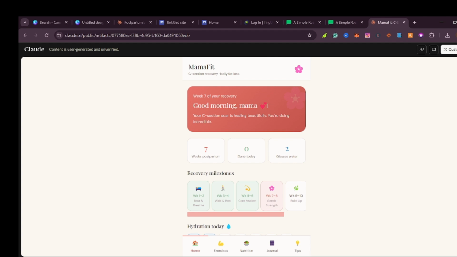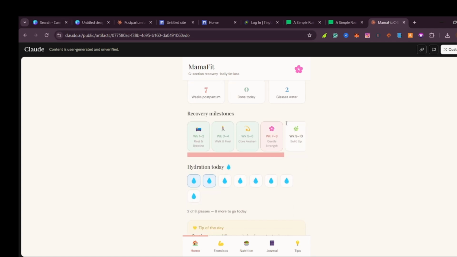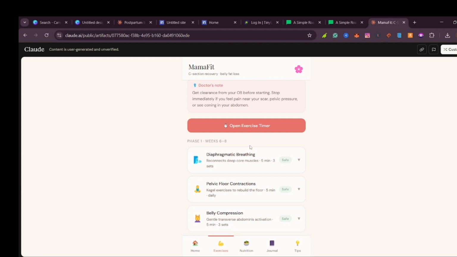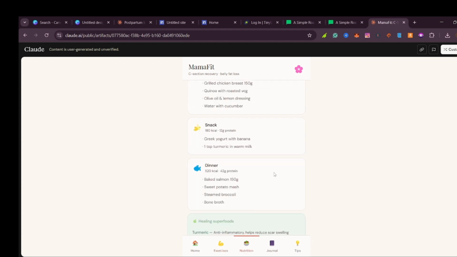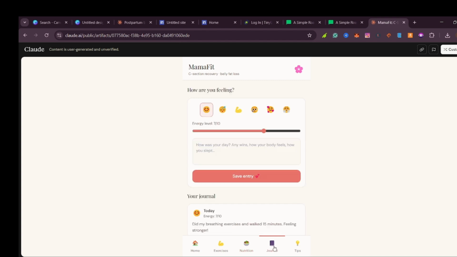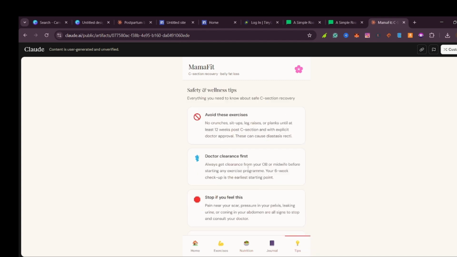So I'll click enter, but it wouldn't be good for people to be seeing all of this showing Claude AI. So you can put it maybe in a Google Site or your website where people can know that it's your own, because here it is showing Claude AI and everything. So this is how the app looks. And here you can come in, check whatever you want, or check your exercise, everything, and customize it. Here is the nutrition, here is the journal, and here are the tips,